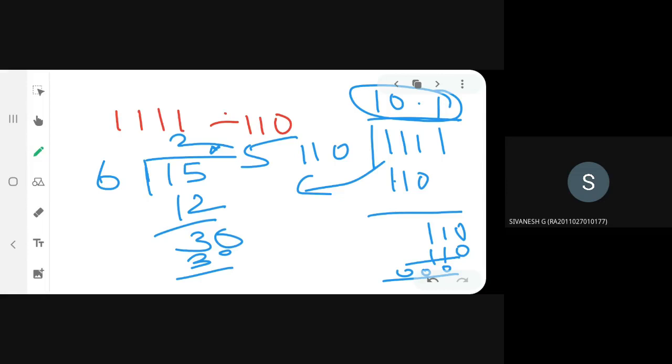Okay, so all of you understood binary arithmetic operations, yes or no? Yes, ma'am. What are the 4 different binary operations? Addition, subtraction, multiplication, division. So basically, in exam, they will give you some numbers which they will ask you to multiply or subtract or divide or add. Okay. So these problems will come.